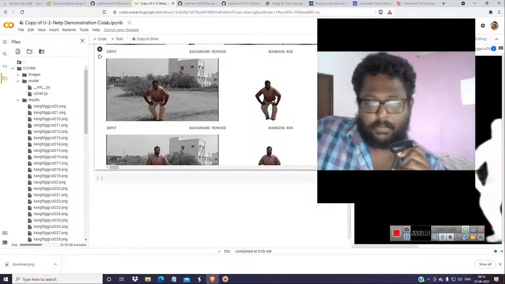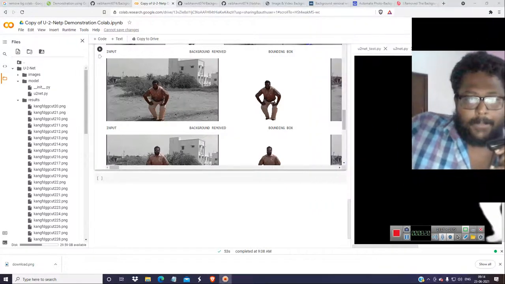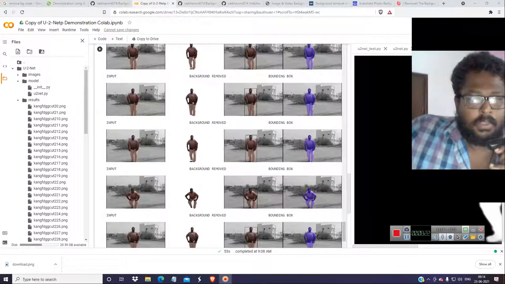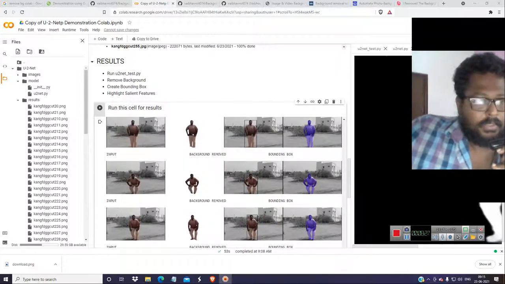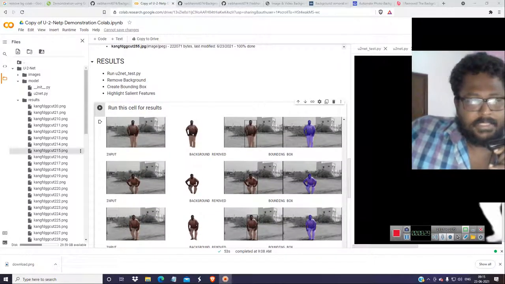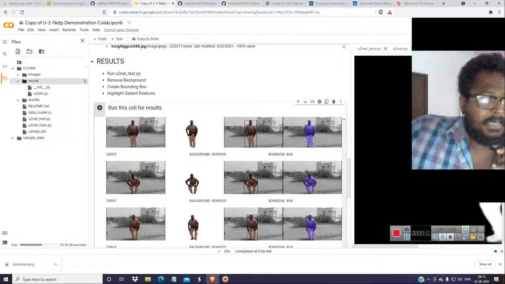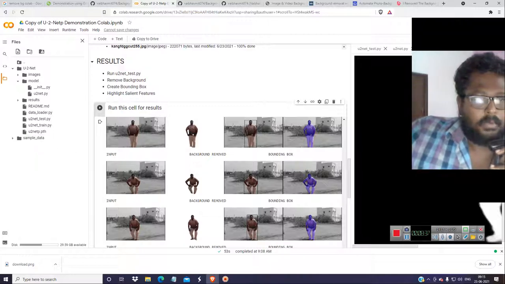You have to save it one by one. In order to save it one by one, you have to go through background removed. Okay, these are the background removed, and in here the images should be there, or else I don't know what to do.